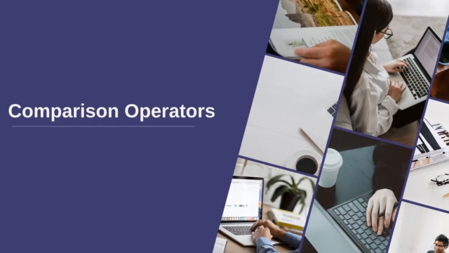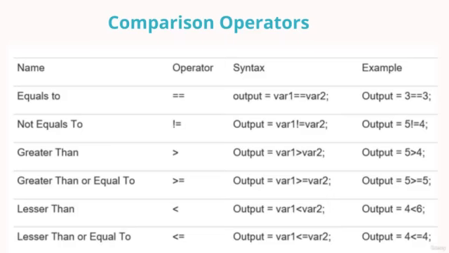Now let's have a look at the comparison operators. We have these 6 operators for comparing values, such as the double equals to. Single equals to is the assignment operator, while double equals to is the comparison operator, which compares whether two values are equal or not. If the values are equal, it will return true, otherwise false, and the very opposite is the not equals to